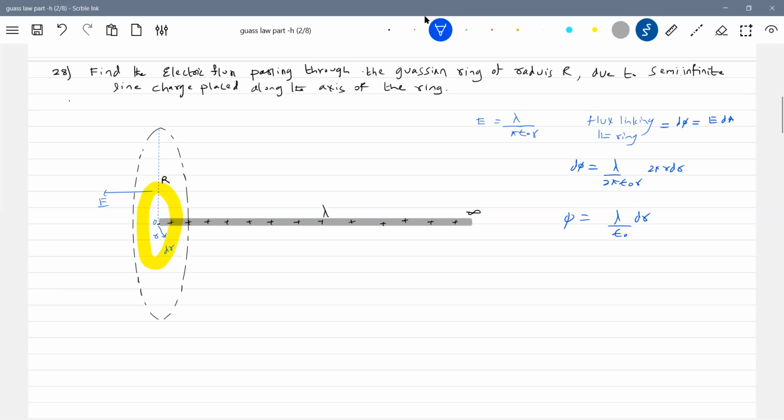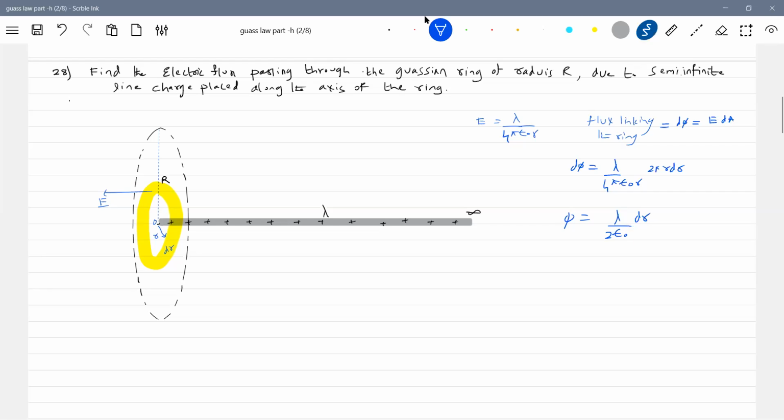Okay, so this is 4. I made a correction here. So here 2 epsilon naught will come. One r gets eliminated. You can see from here 2 pi here, r also gets canceled. What is this 2 pi r dr? This yellow color region. What is the area of this yellow color region? 2 pi r into dr. And everywhere E bar will be perpendicular to this.